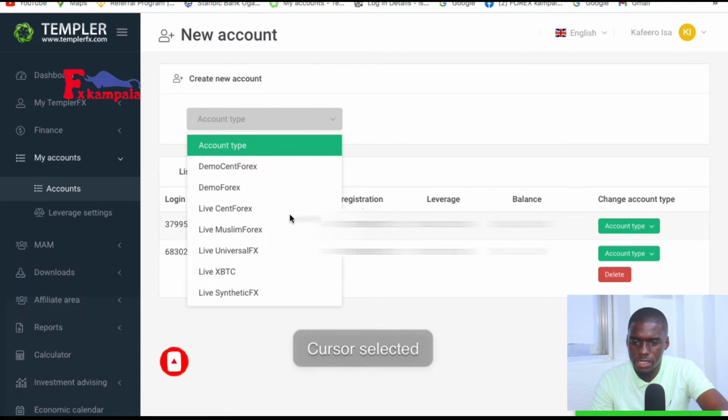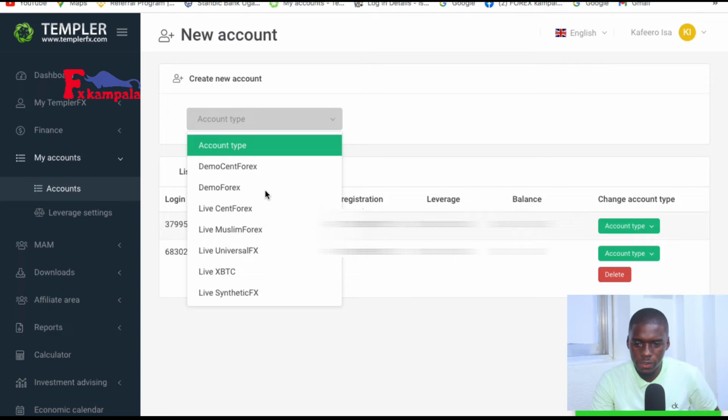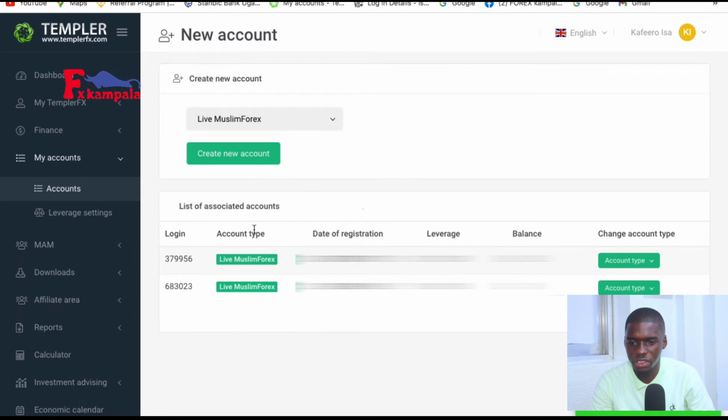Let's say I've created a demo account. Okay, we are creating a live account. Let's say I've created a real account, which is Muslim. So you click on create new account. When you click on create new account, they actually give you the login and the password. Now, these ones are sent to your email. Okay. Now, this login and password,